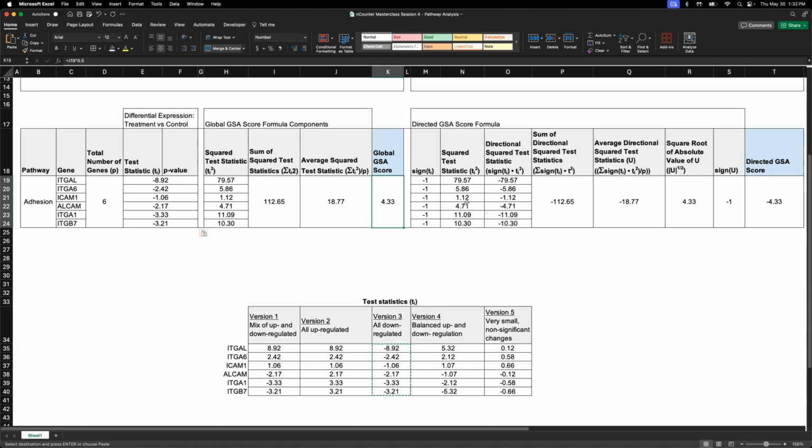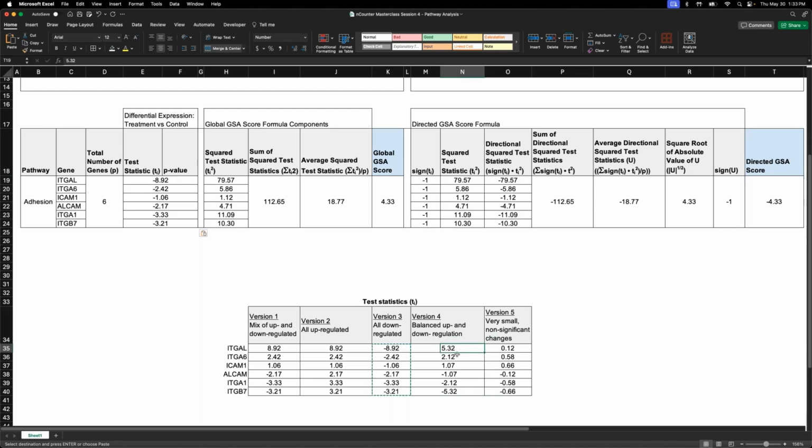So all of these genes that are downregulated get this assignment of -1, and that's used in the calculation here as well. So this is a negative score indicating that all genes in the pathway are downregulated, or that the gene is downregulated, I should say. Okay, let's go through 2 additional scenarios and we'll jump into the Rosalind platform.